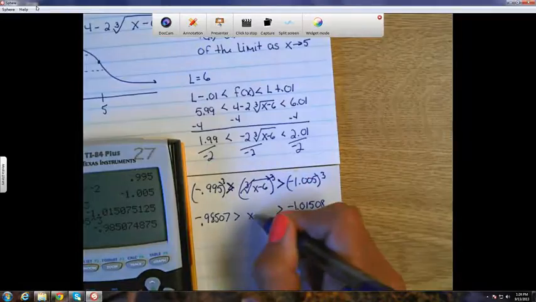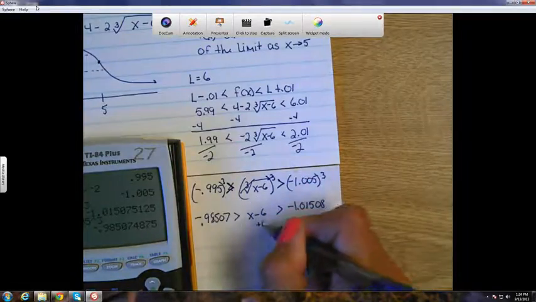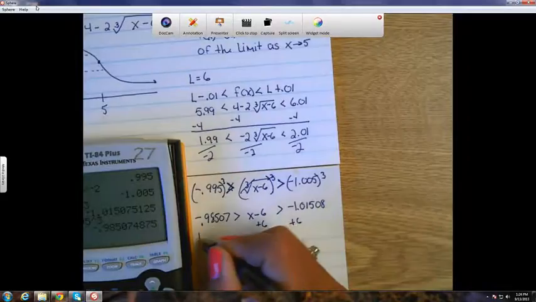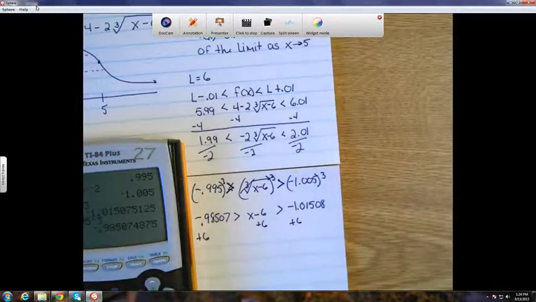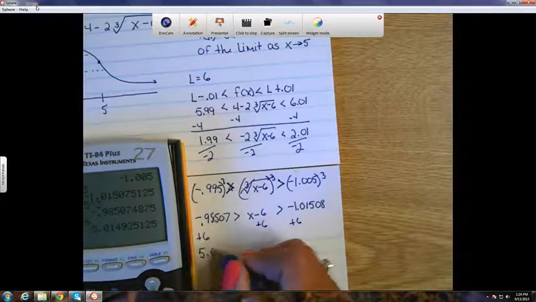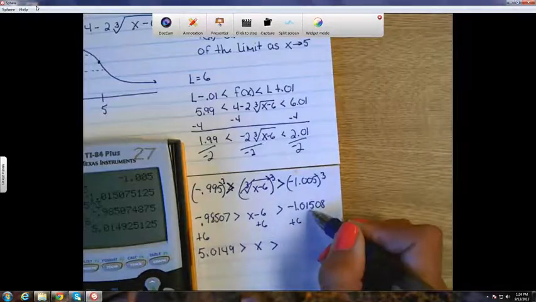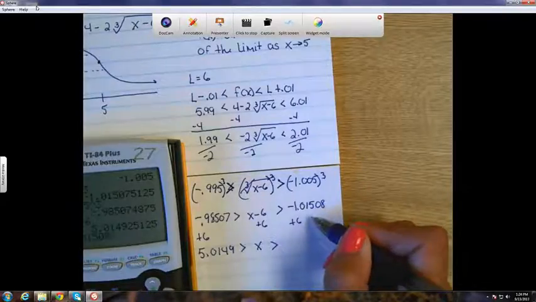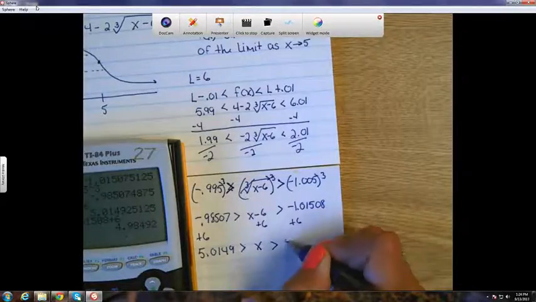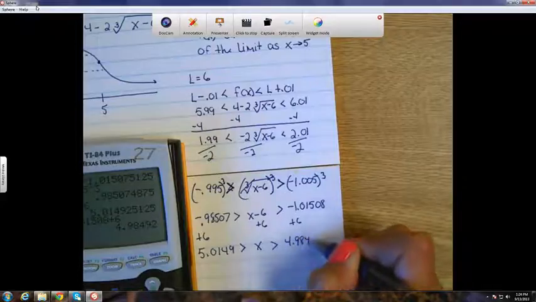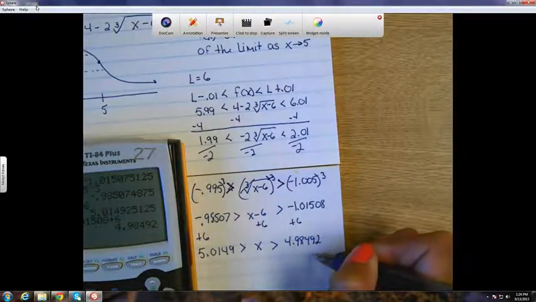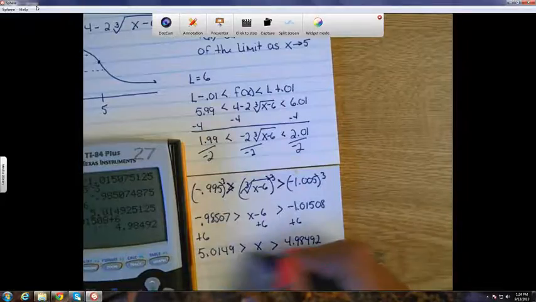Left with x minus 6. Add 6 to both of those. So, I've got that last answer on there. I'm just going to add 6 to it. 5.0149. Here, negative 1.01508 plus 6, 4.98492. Okay, now on these problems, make sure you check both sides, because in this chapter that's not always going